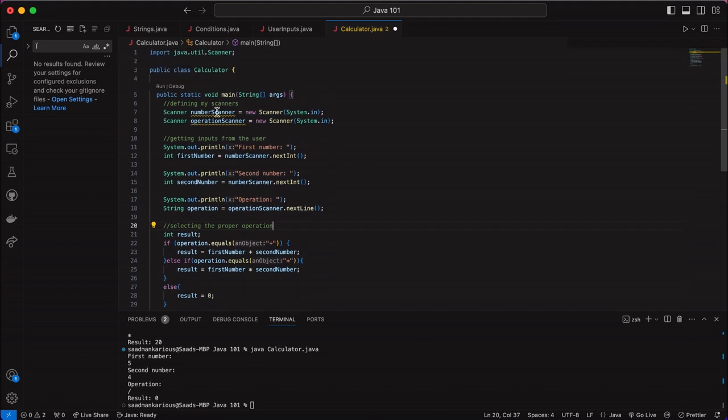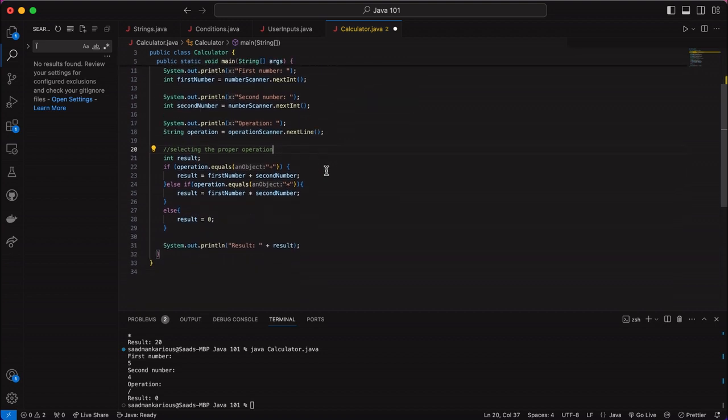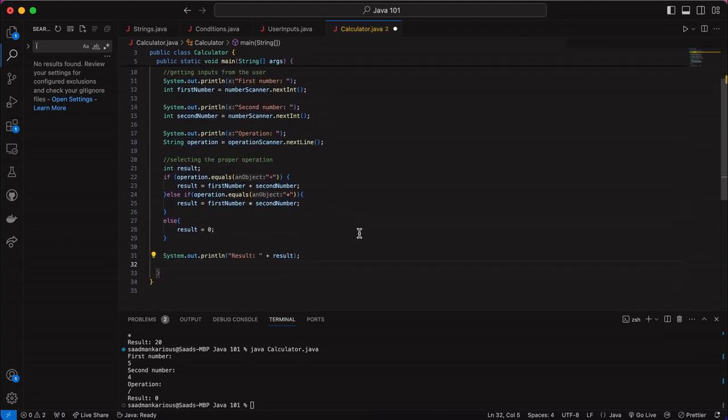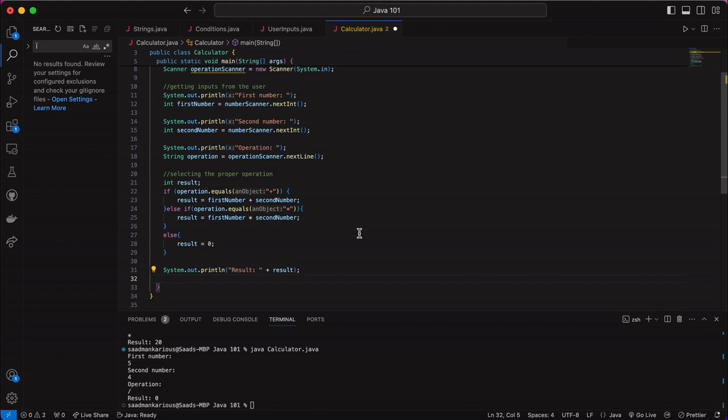One more thing, it's giving me some warnings here because I actually forgot. If you hover over it, it's just a warning. It doesn't affect anything, but it says the scanner is never closed. So what you actually should do once you use a scanner is come here once you're done using it and close it. So operation scanner dot close. Same thing for my numbers scanner. And